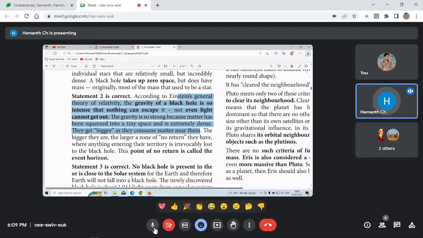They get bigger as they consume matter near them. The bigger they are, the larger a zone of no return they have, where anything entering their territory is irrevocably lost to the black hole. This point of no return is called